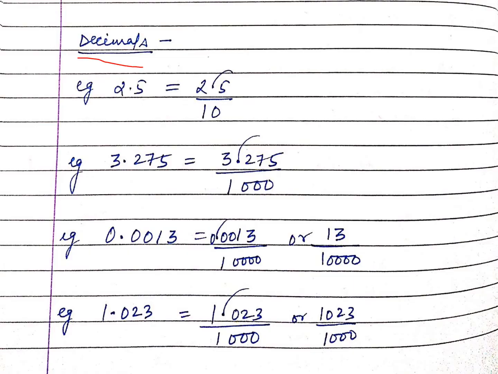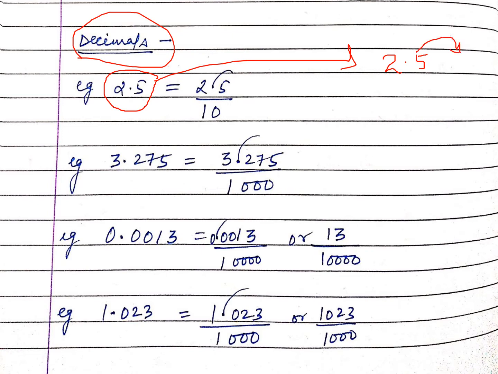Now we'll discuss today decimals and the decimal number place value system, or the place values that we did earlier also. First of all, a basic concept that we have studied earlier. Suppose you have this number 2.5 in front of you. Someone says convert this decimal number into a fraction.